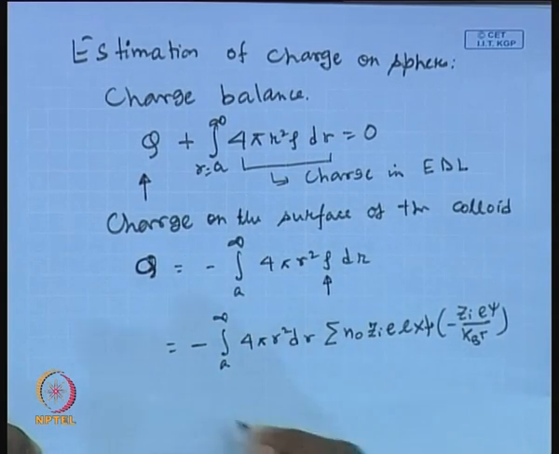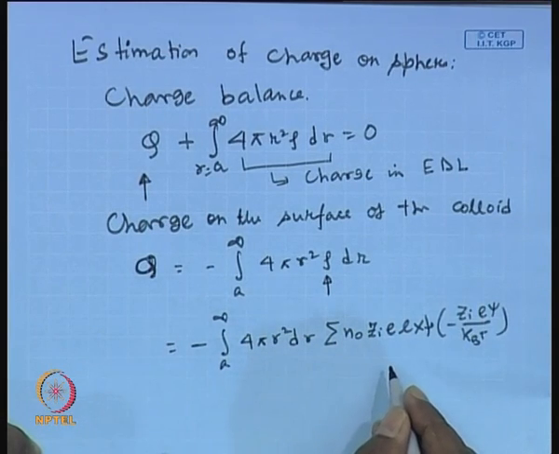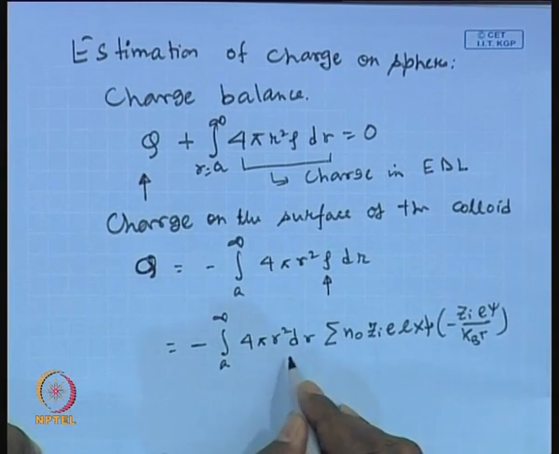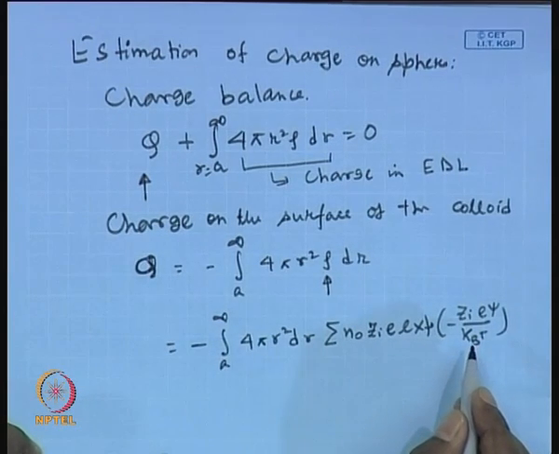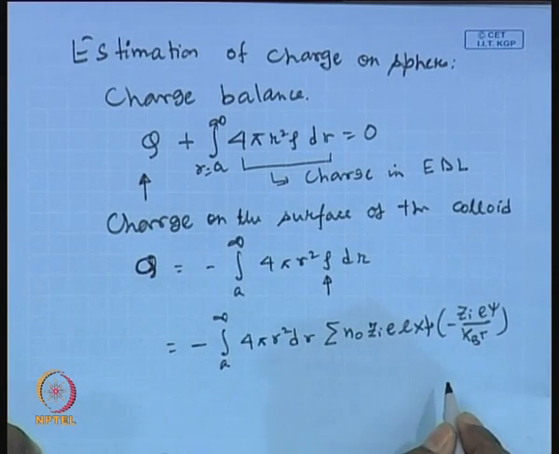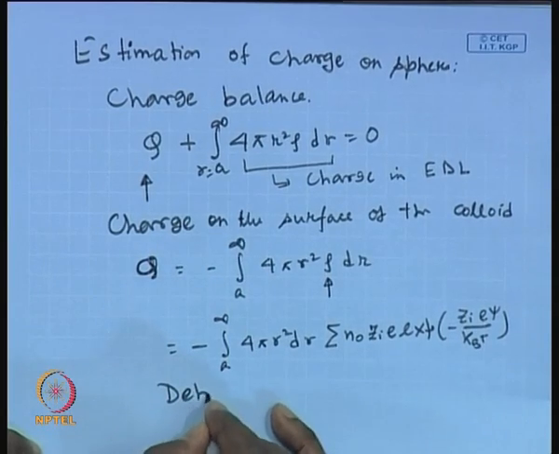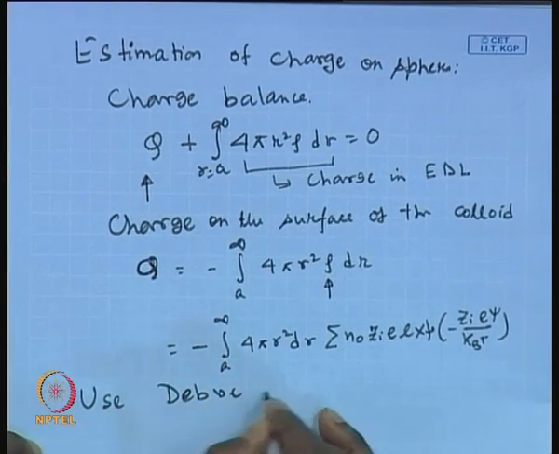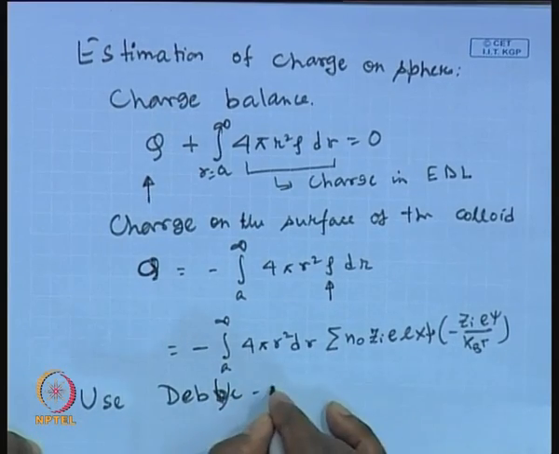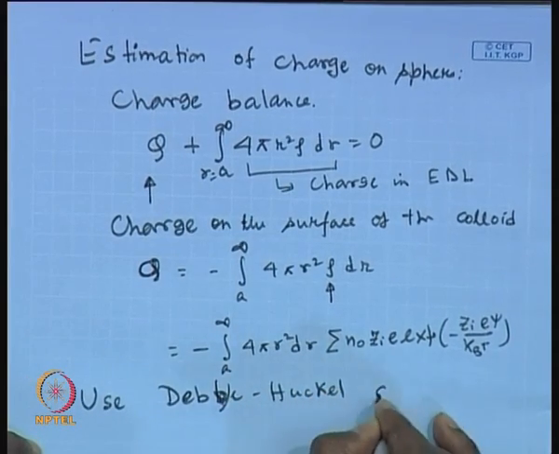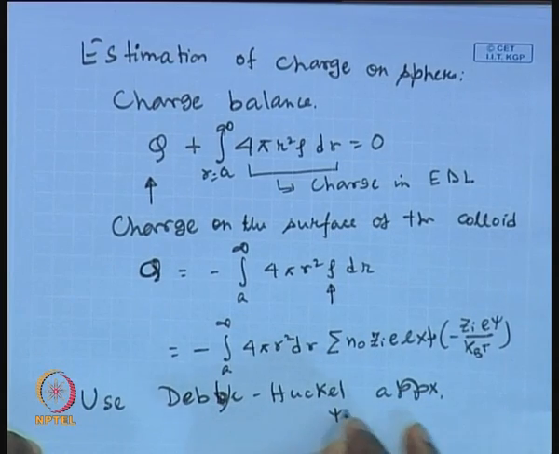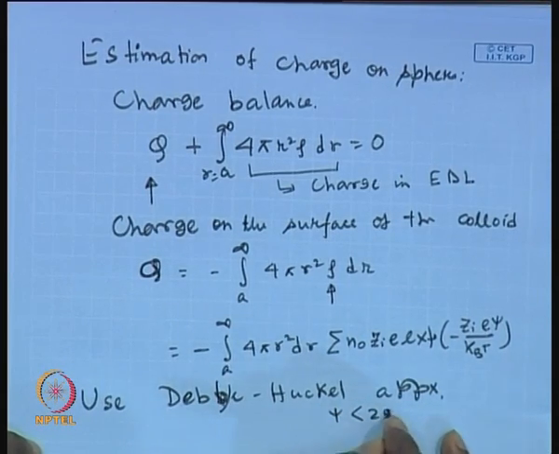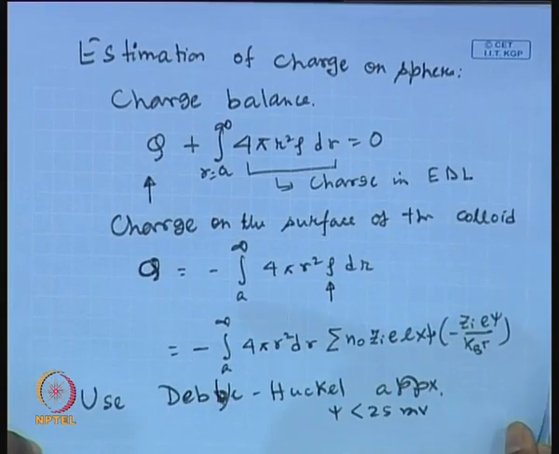But the point is, it is difficult to carry out this integration, because r square is there and the psi is there. So, in order to do that, one can again take recourse to the Debye-Hückel approximation and open up this exponential term. Okay. Use Debye-Hückel approximation. Okay. That means z e psi is less than 25 millivolt, and under that condition the whole equation becomes simplified,